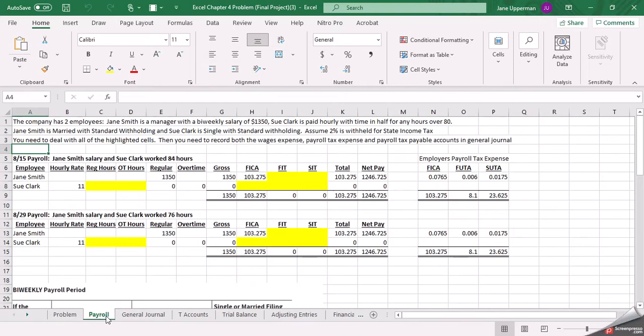Then the next tab you'll come to is your payroll tab, and it gives you some information about the 2 employees. There's a manager who's salaried, and then another lady who is hourly. The salary lady is already in here, but the hourly lady, you're going to have to figure out what are her regular hours, what are her overtime hours. And then it's going to calculate